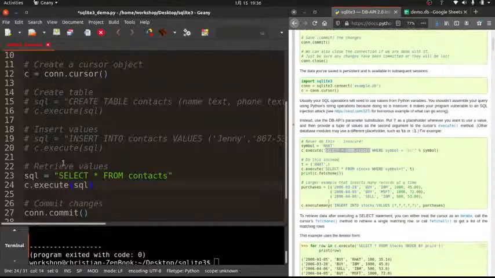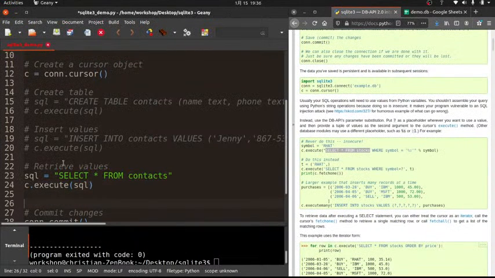SQL. Now, here's how I personally do this. This is going to return some objects. So results equal, actually I'm not going to do it that way. I'm going to do c.execute SQL. I'll do it this way instead. And then what I got to do is actually fetch. Okay, so what I'm going to do is I'm going to say results equal,